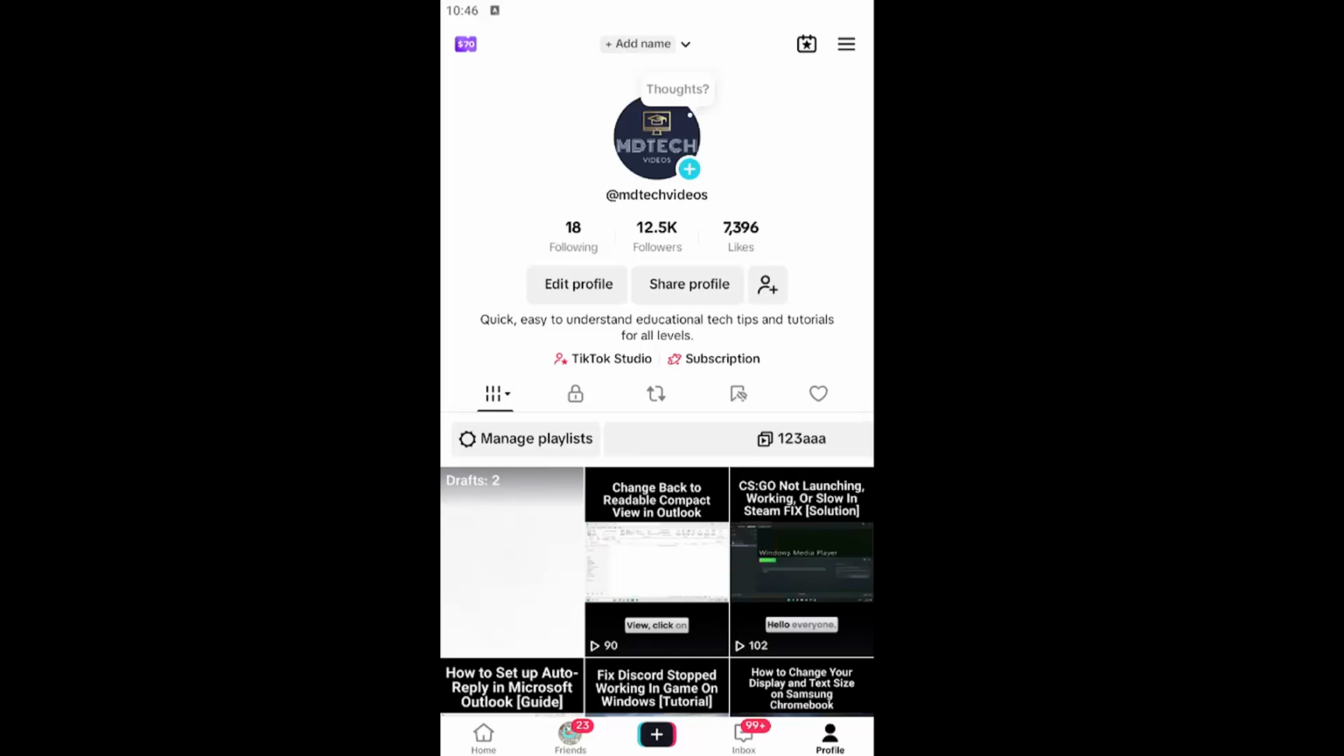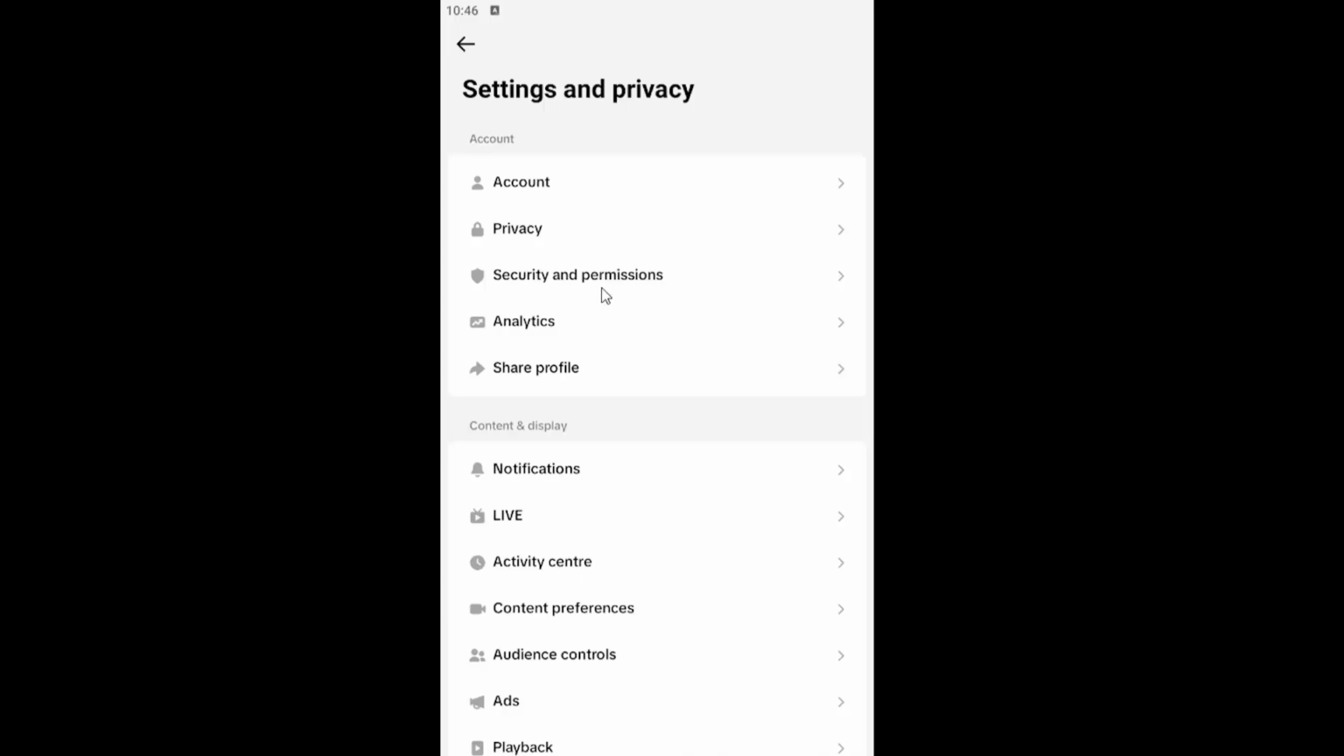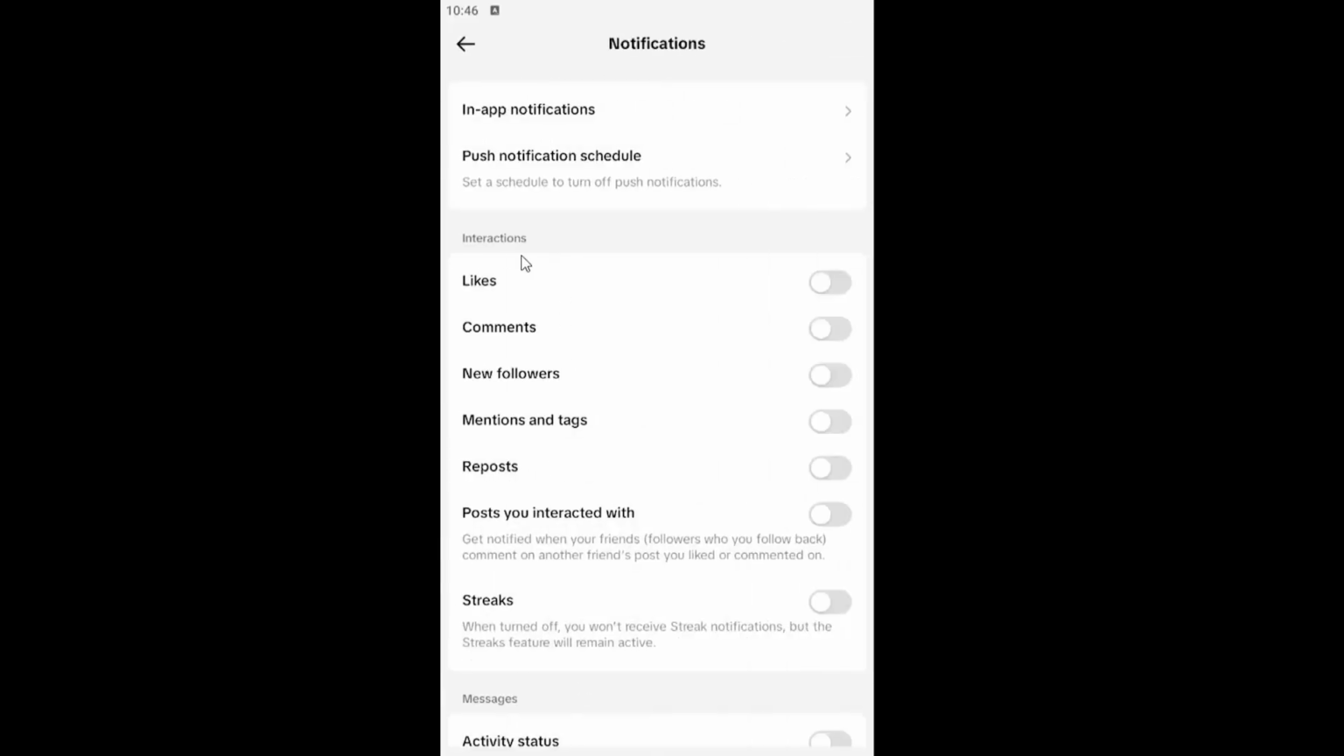So all you have to do is open up the TikTok app, and you want to select the profile icon in the bottom right corner. Just open up your profile page, and then select the hamburger icon in the top right, left click on it, and go down and select settings and privacy. Underneath the content and display section, you want to select notifications, and then underneath where it says accounts you follow,